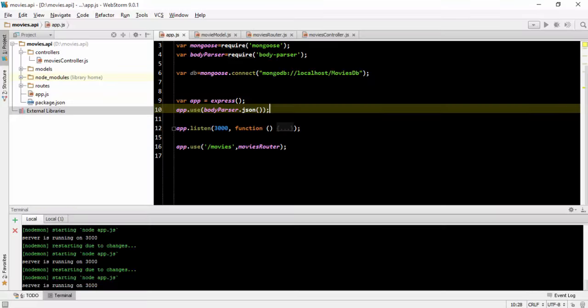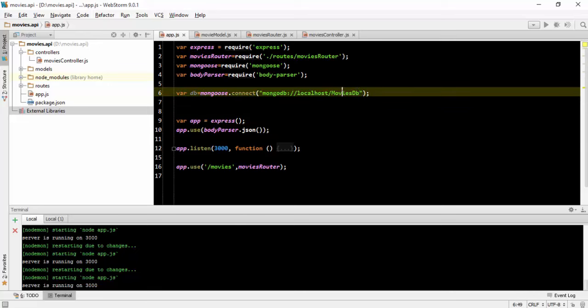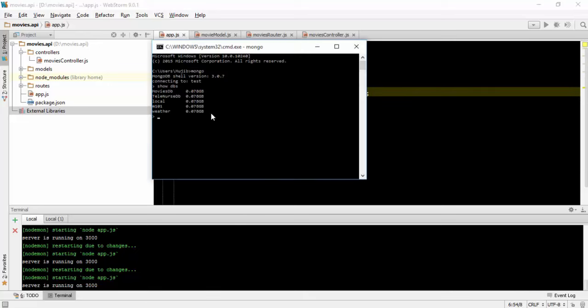So in my app.js file, I said create a database by the name moviesdb. So it has created, and now I can say use moviesdb to see what is inside it. I'll say show collections. It has the movies collection where all of our movies data would be saved.